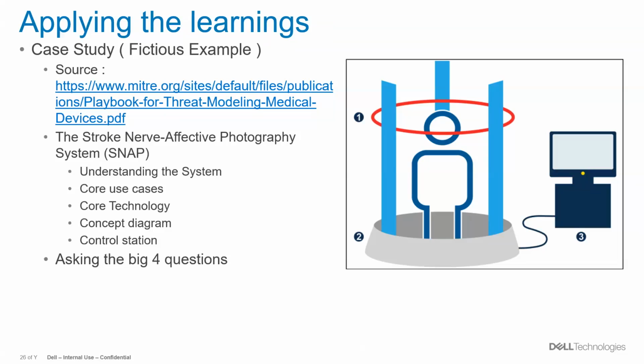So there could be something called an EHR, the electronic health record of the patient. And also there is a picture archiving and communication system, PACS. So these are the two things that could be happening in the control station. And then there are dedicated computers running Windows 7 with proprietary medical software to interact